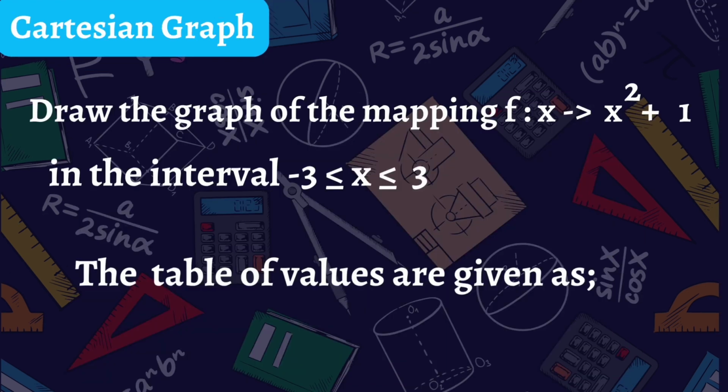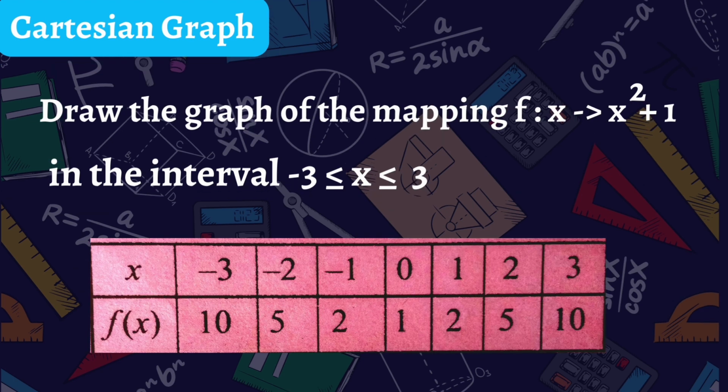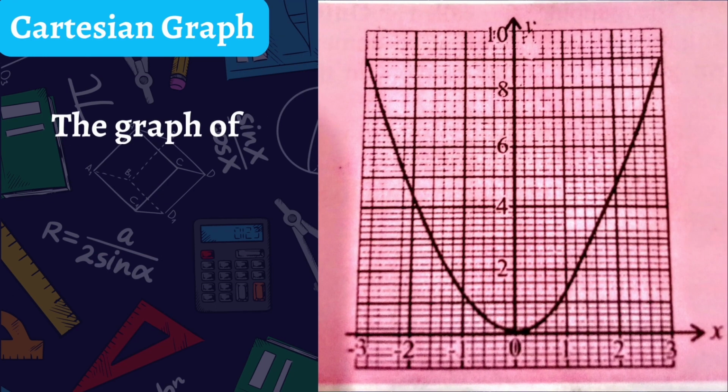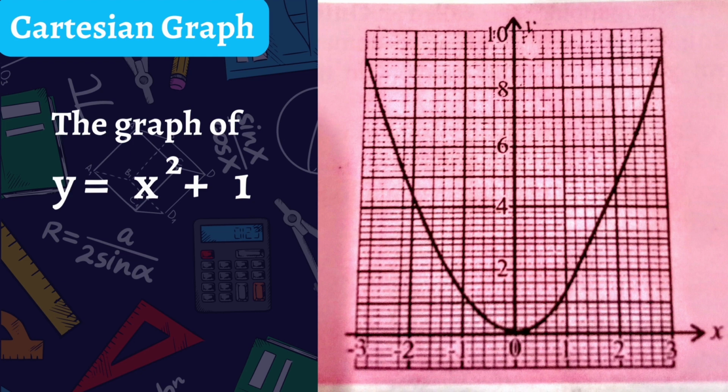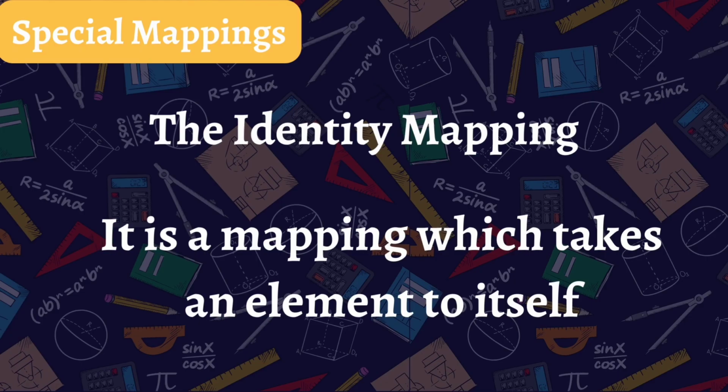Next, we have the Cartesian graph, which is our third option for graphical representation of a mapping. Plotting the function using the table generated, we arrive at a graphical representation of the function y equal to x squared plus 1, which is indeed quadratic. Let's move on to special mappings, under which we are looking at identity mapping, which takes